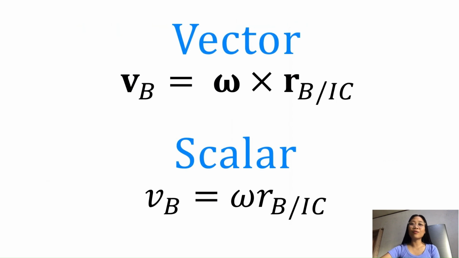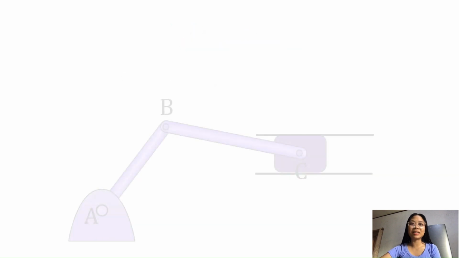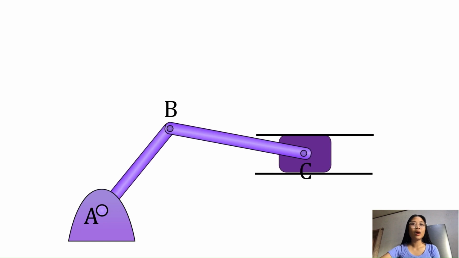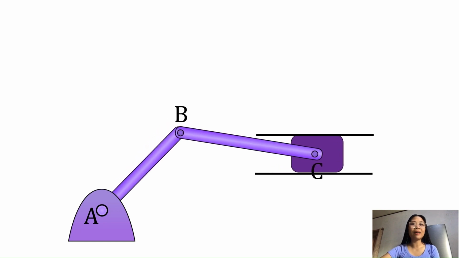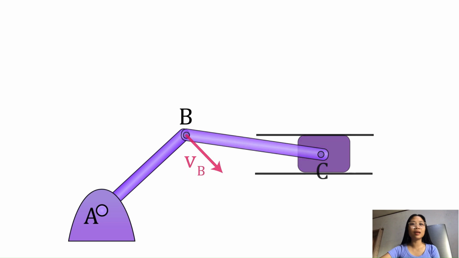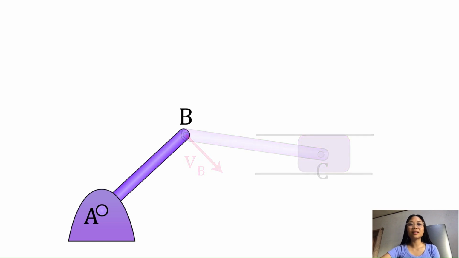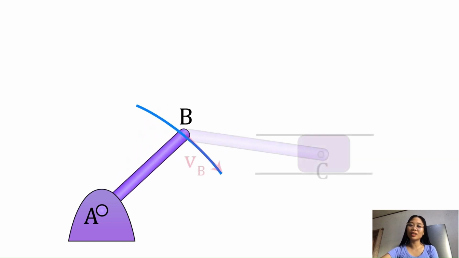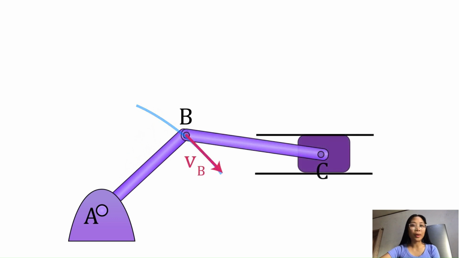To see how we can figure out a base point where VA will be 0, imagine a system like this. If we look at points B and C, we would see that point B would have a velocity that is perpendicular to the length AB. That's because point B travels in a circular motion, so velocity will be tangent to that path. For point C, velocity must be along the x-axis since it's locked into a horizontal slot.